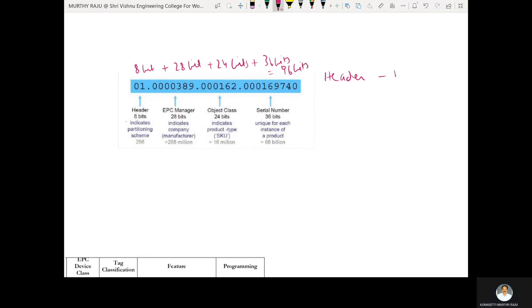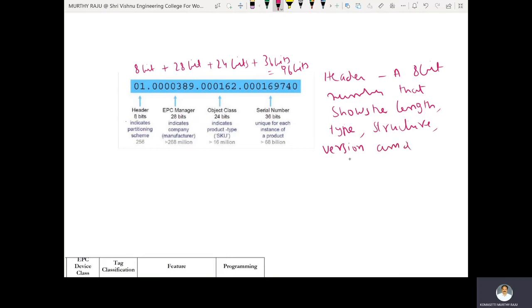Header is an 8-bit number that shows the length, type, structure, version, and the partitioning scheme. Two power 8, 256. Next one,